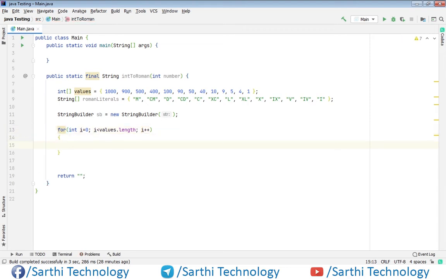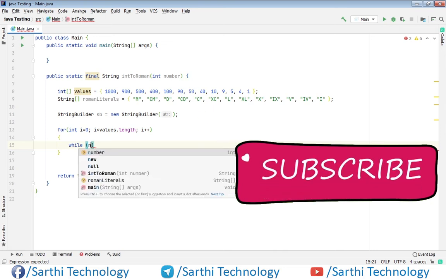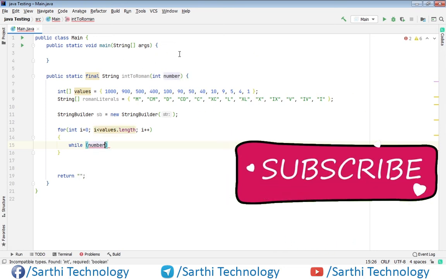Now in the body of this for loop we will create another loop, that is a while loop, and here while the number that we get from the method is greater than or equal to values i.